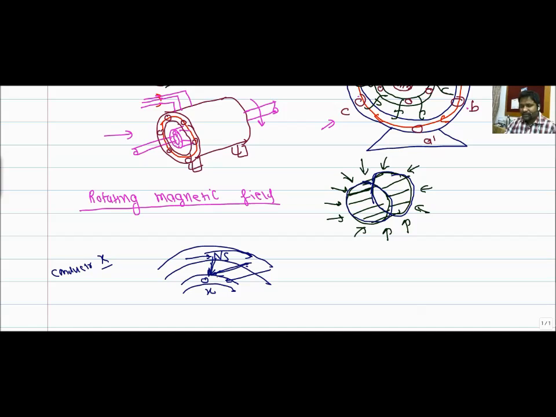If there is a change in flux experienced by the conductor X, then there will be an induced EMF in that conductor. So we can say that this conductor X experiences an induced EMF because there is a change in magnetic flux, or we can say a change in air gap. So there is a change in flux in the conductors, and they will experience an induced EMF. This induced EMF generates a current called induced current, and it will flow because the copper ring is there, the rotor bars are short circuited at the outer ends.